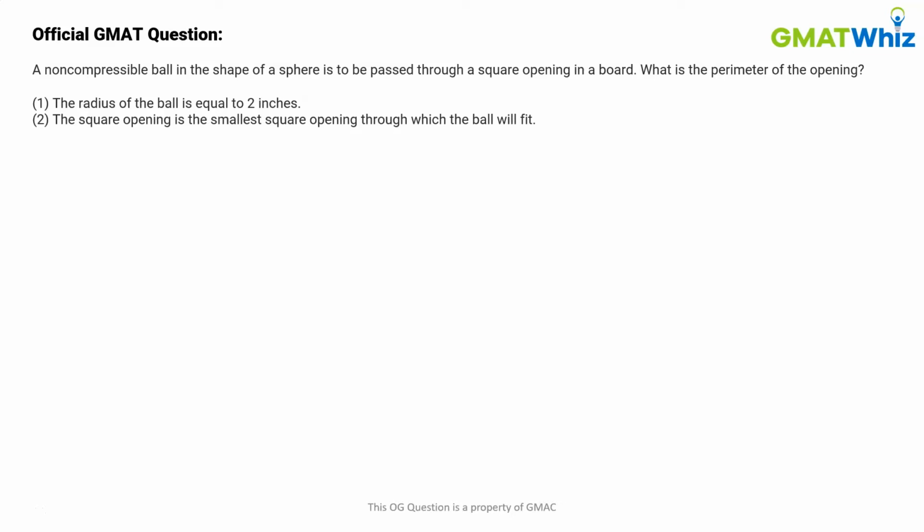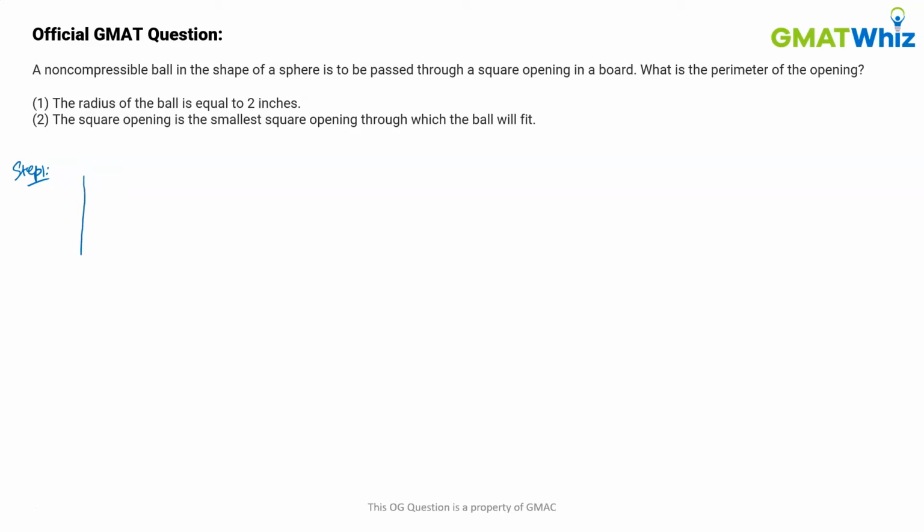In this question, we are given that a non-compressible ball in the shape of a sphere is to be passed through a square opening in a board. We have to find the perimeter of the opening. Now, we have no variables or numerical data to infer a lot from the question stem. But what the question is actually trying to say is that